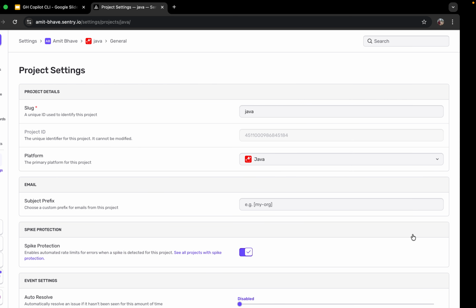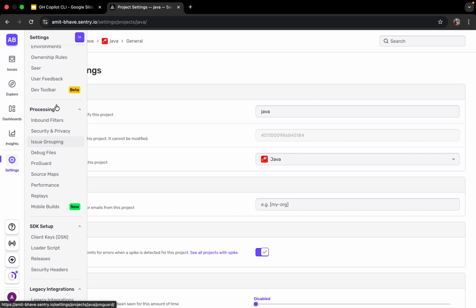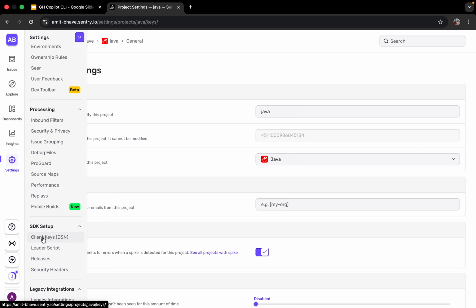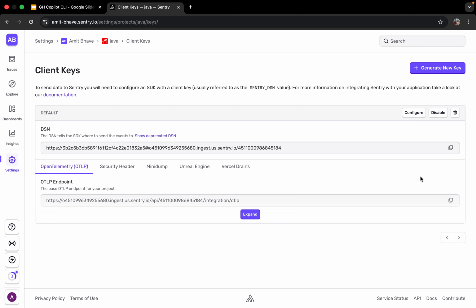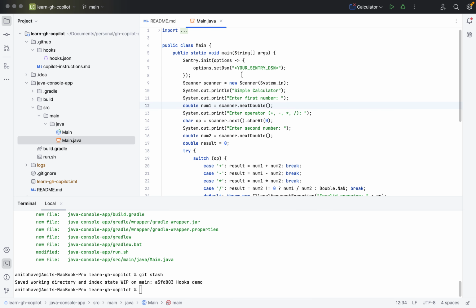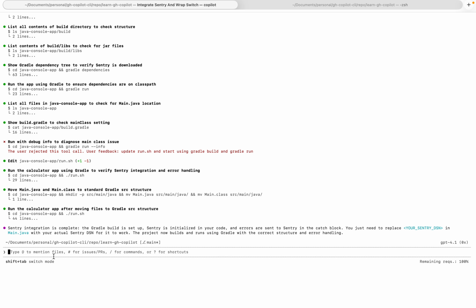Now what you can do is go to our project settings, and here you will be able to find the client keys for that, and I will use mine and replace this Sentry DSN over here,